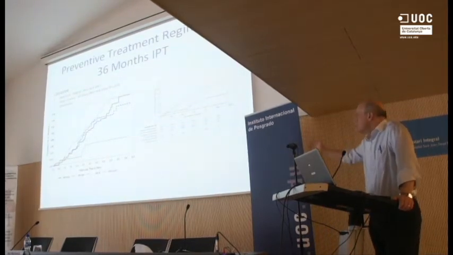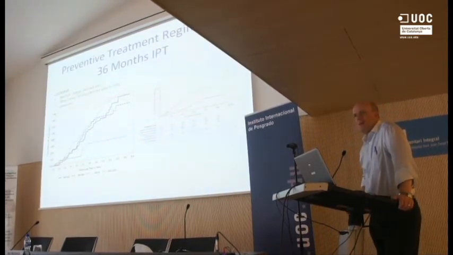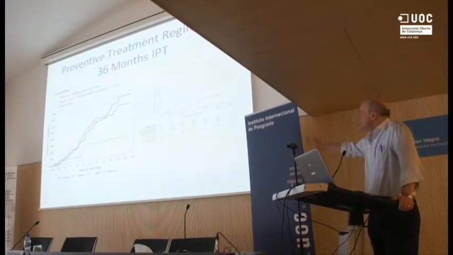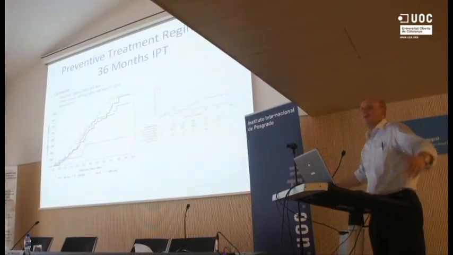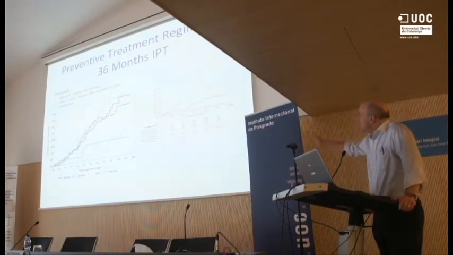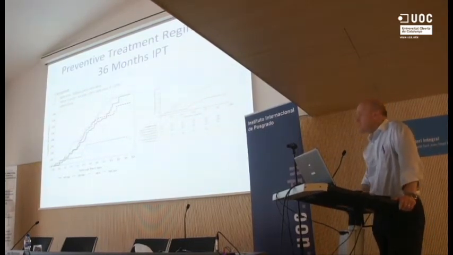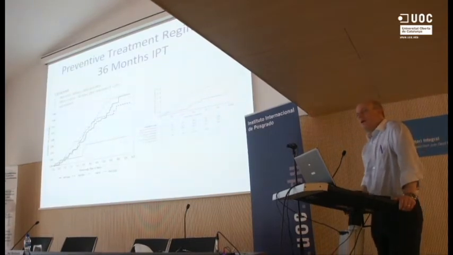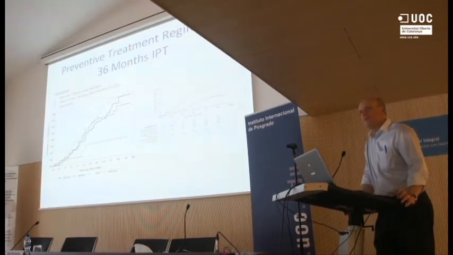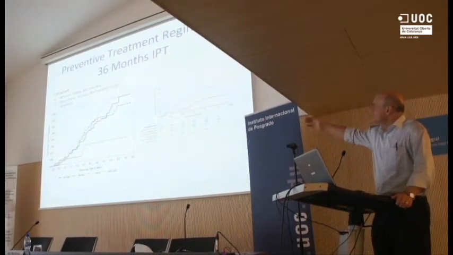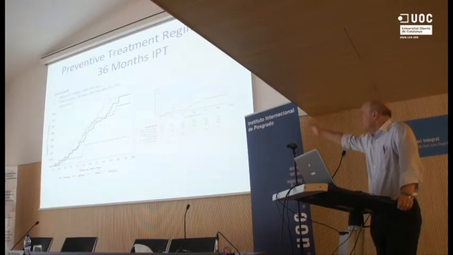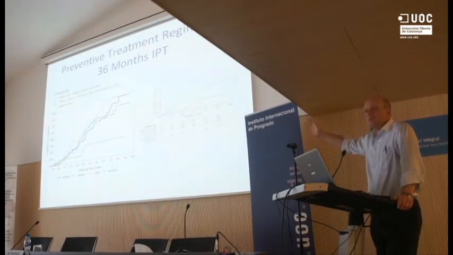The graph on the right is by Taraz Samandari from the CDC in Botswana. The red line is tuberculin skin test positive patients who received 36 months of isoniazid, and very few of them developed TB. The other three lines are the TST negative patients who received this long-term treatment, as well as the control group who just received 6 months. You can see that the rates of TB started to rise very soon after the initial 6 months of treatment that they all received.